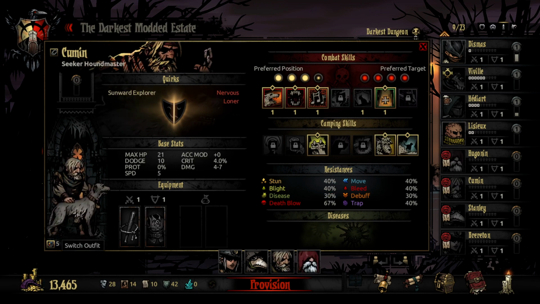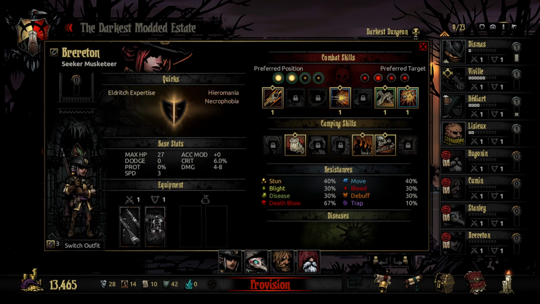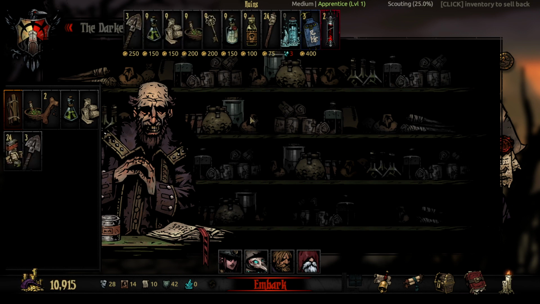Don't remember the Houndmaster stuff. Remember there being a kind of cool looking one here. And, oh, I didn't get a good musketeer one. Darn. Alright, well, let's do this. We most definitely are going to need food. Probably a good amount of shovels. We're still in the ruins, so...